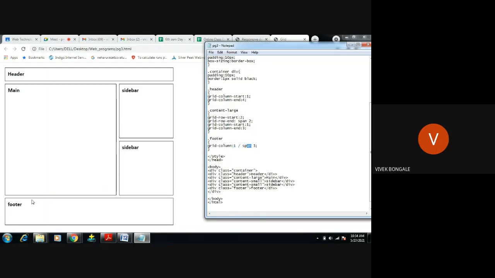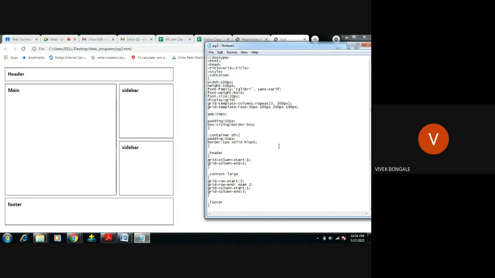So the entire thing I am utilizing here for the footer part. Then when it comes to sidebars, same thing. Content small, it is taking the same like this part. This is how to create the grids.